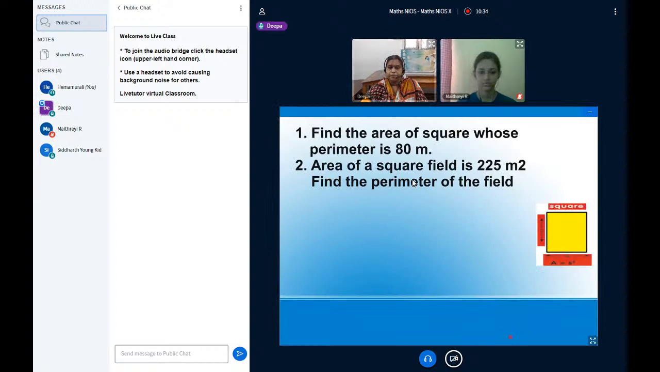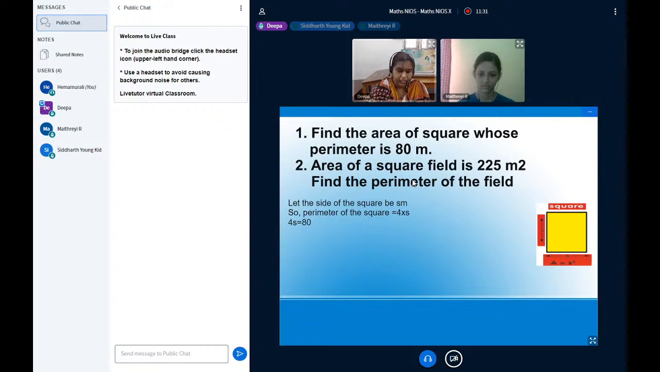Now we do the sum. Find the area of the square whose perimeter is 80 meters. So let the side of the square be s meter. So the perimeter of the square is equal to what? What is the formula? 4 into side. Right? So 4s is equal to